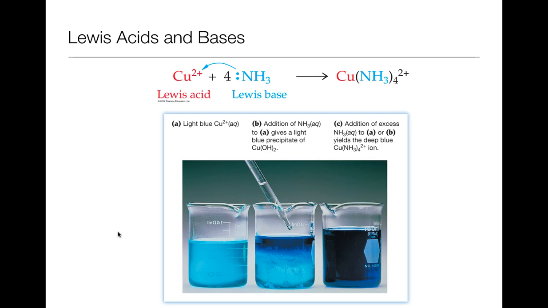So we have our lone pair donor, there's our Lewis base. We have a lone pair acceptor of copper, there's our Lewis acid. This is an acid-base reaction, or particularly a Lewis acid, Lewis base reaction, but there is no transfer of hydrogens or hydroxides at all. So this is our broadest definition of an acid-base reaction, and that's where we're going to stop for this,